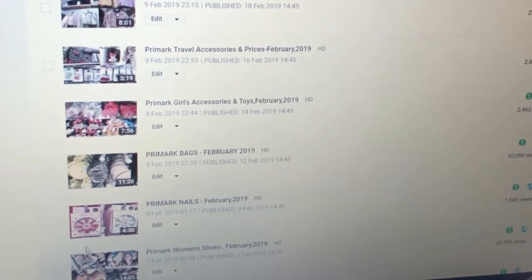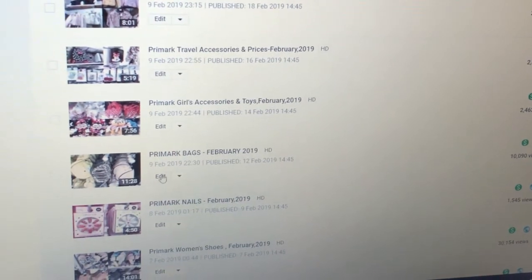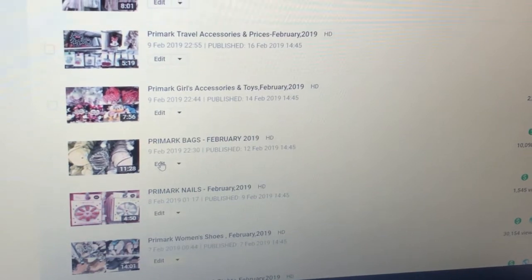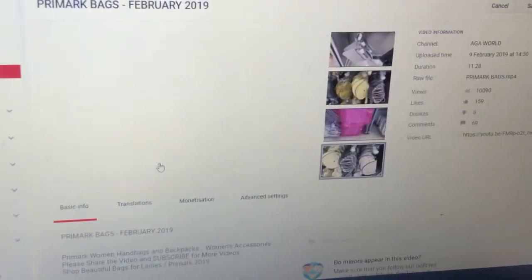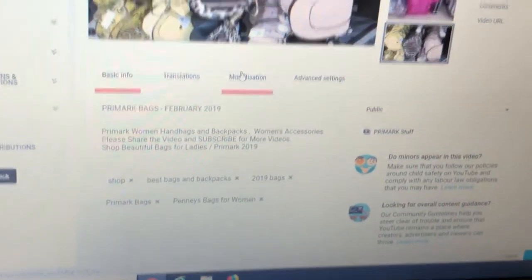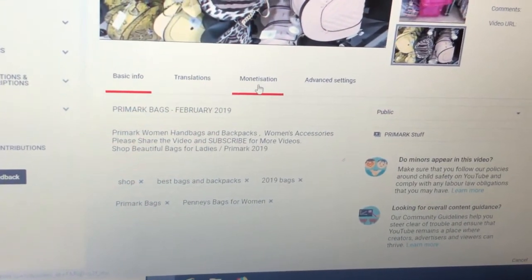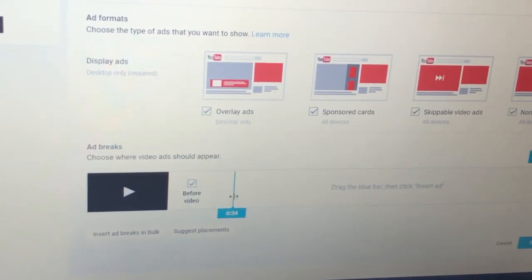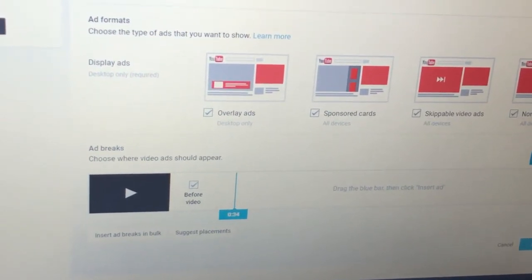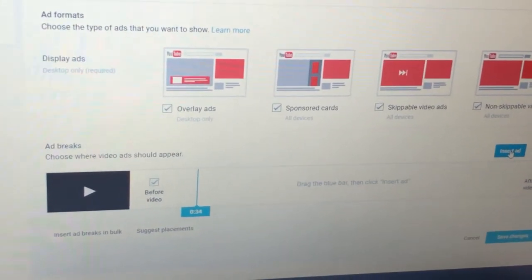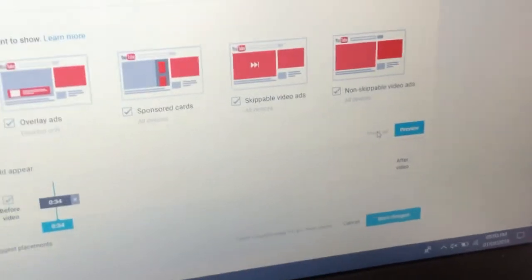So for example, in this video we go to Video Manager after logging in to your channel, click Edit in Video Manager for the video where you want to insert an ad, click here on monetization, and then you see here we can add. This is how you can manually insert advertisements. So click insert,